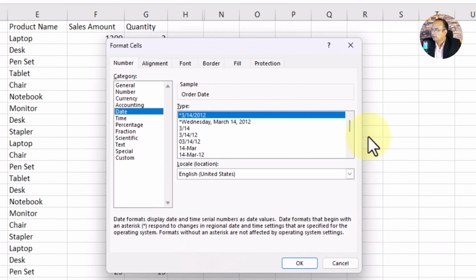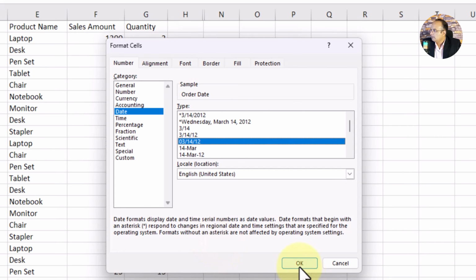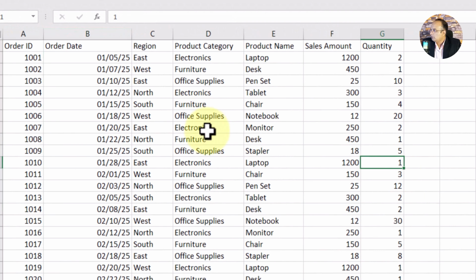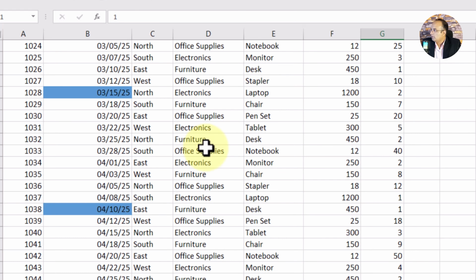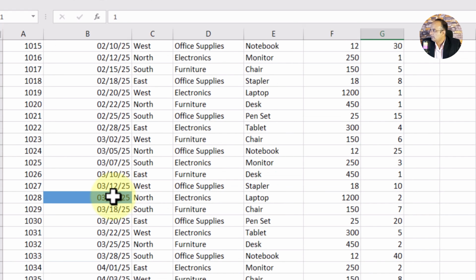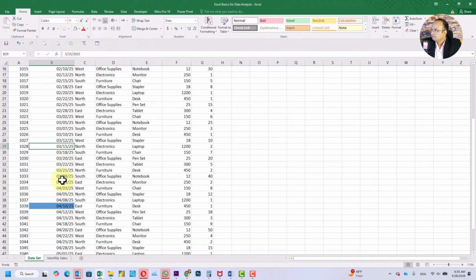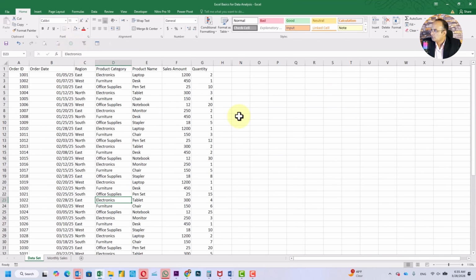Choose whatever applicable on your data. I am going with the simplest one. Press OK, and now our entire date column is converted into a similar format. I am going to clear this highlights. Now our messy data is almost fixed.